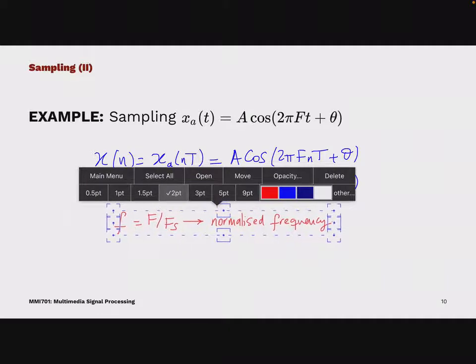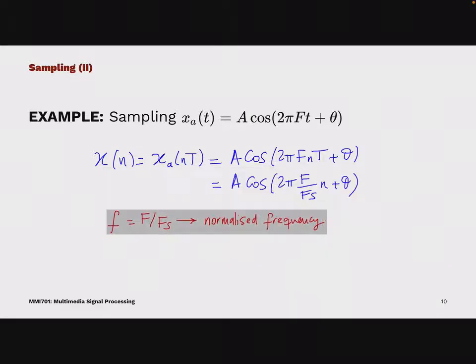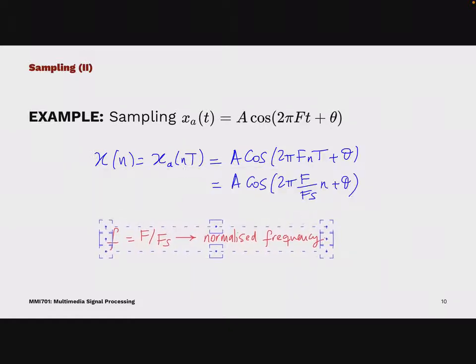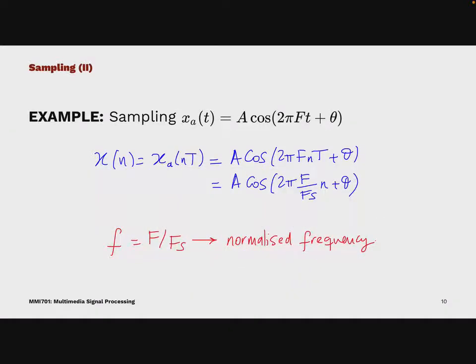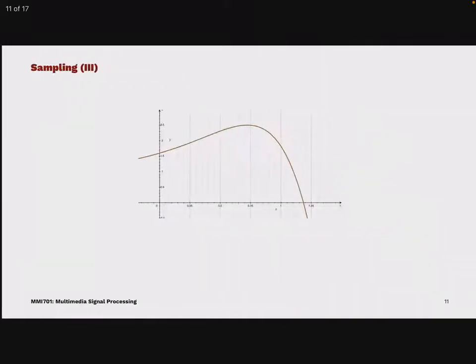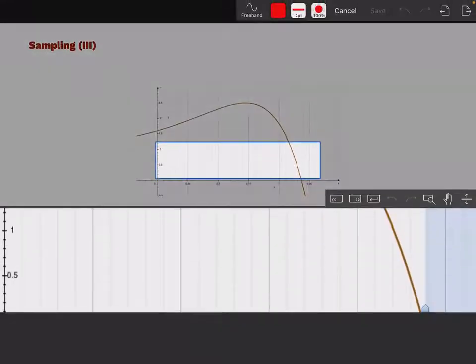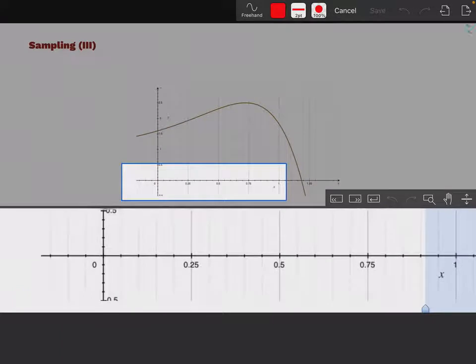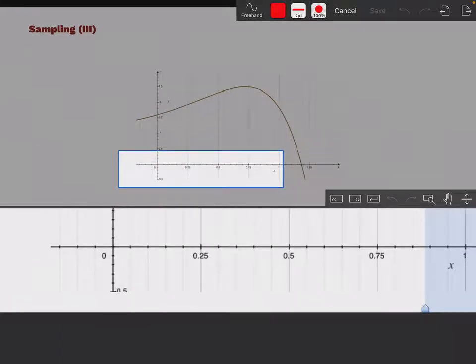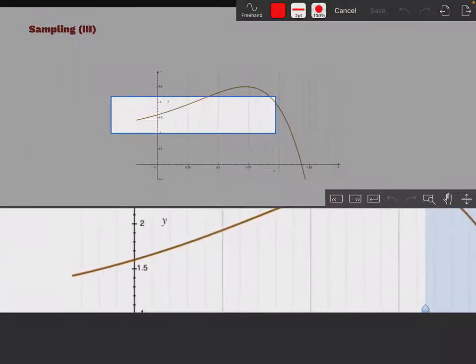For properly sampled signals. Okay, let me just make this a little bigger. Yeah, that's good. So let's have a look at how we sample a signal. So let's say we have this rather arbitrary signal, which looks like this. And let's say that we are sampling that at, well, doesn't matter too much, but let's say our sampling period is 0.05 seconds. So that means we're going to have one sample at each of these points. Right? So these are our samples.